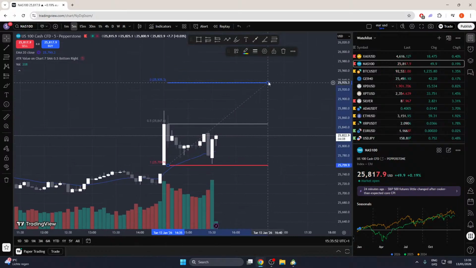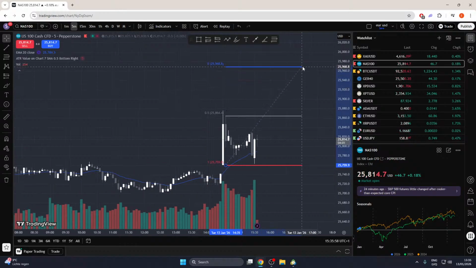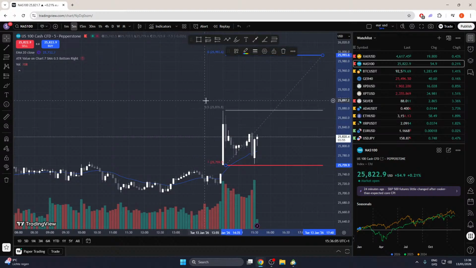So for now, I would say this is a reasonable target. We could also go for the 20s, close to 26, because it's a psychological level as well. It's also a measured move if you take it from this top. I want to see